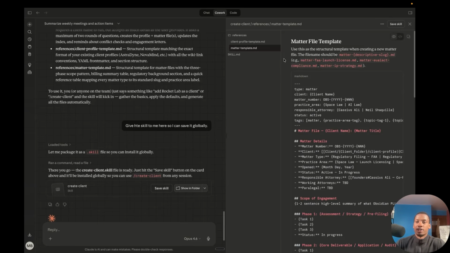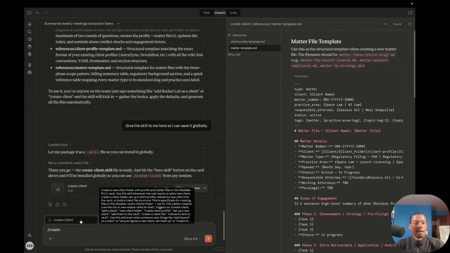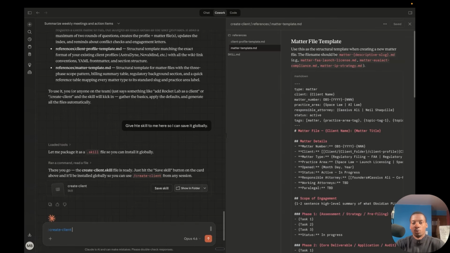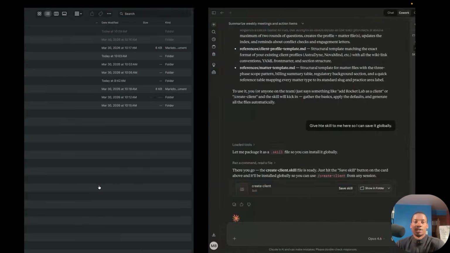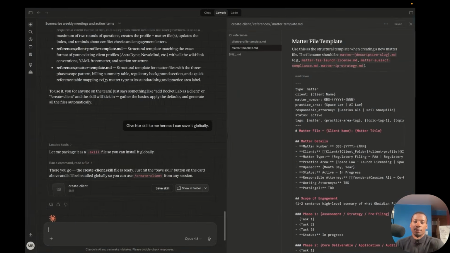And so once we're ready to use the skill, all we do is come up here on the right-hand side and say save skill. And then we have the skill saved. So I should be able to type slash create, there we go, slash create client. And then I could create a new client with this skill. And I could just input information about John Doe with a company called Space Z or whatever. And then it would create that client for us and put it in the client folder and have all our defaults set up for it.